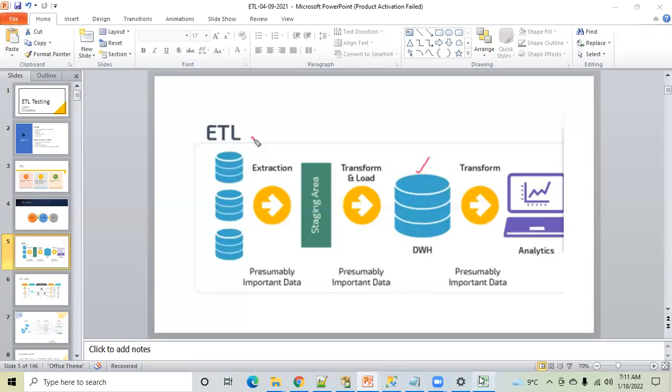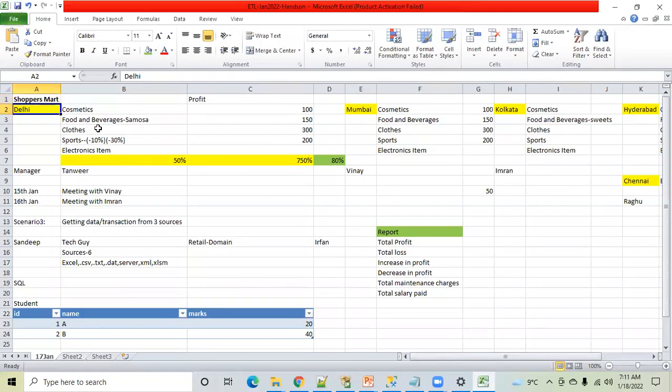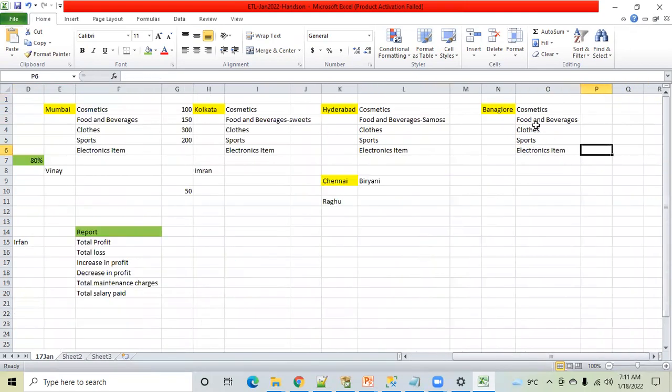Suppose the example which I showed you yesterday, in Delhi, samosa is very famous, right? I think you all know this, correct? But if you go to Bangalore, in food and beverages, people prefer idli. Once when I was in Bangalore, I saw that most people take idli at breakfast. That is common there. Suppose I have opened a restaurant and I started selling idli in Delhi and samosa in Bangalore. Now tell me, will that make sense?